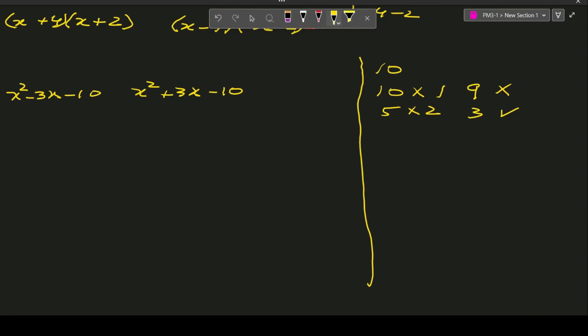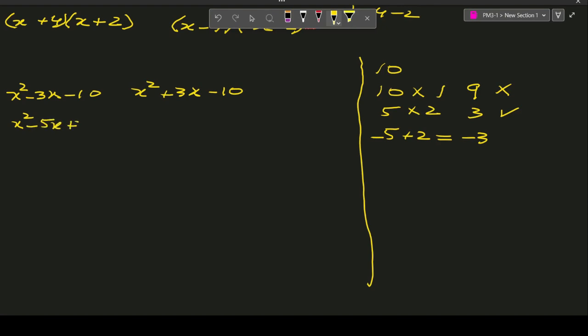Now when you subtract one number from another, that means both numbers should have different signs. Which one will have which sign? Now here, if the coefficient of x is minus, then the bigger number will be minus. Minus 5 plus 2 will give me minus 3. So that means this is fit for this one, because here this is minus, so minus 5 plus 2 will give you minus 3. So I can write down these factors: